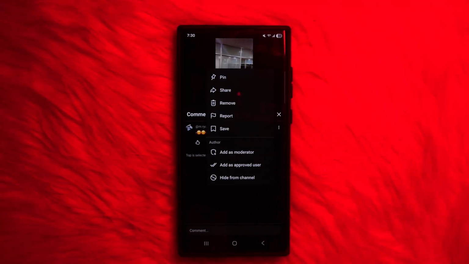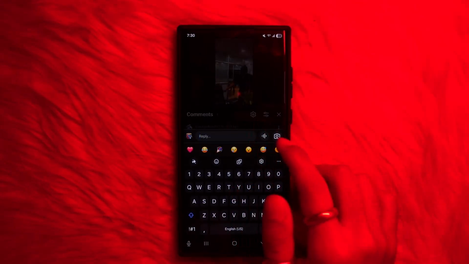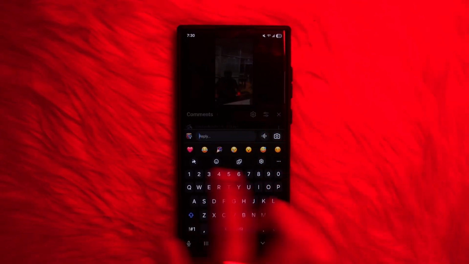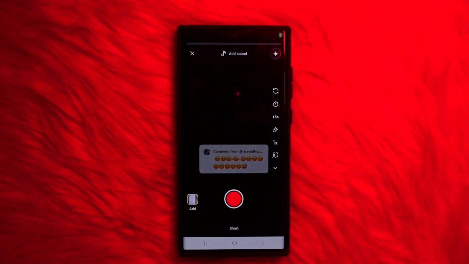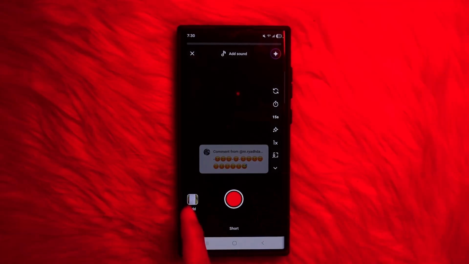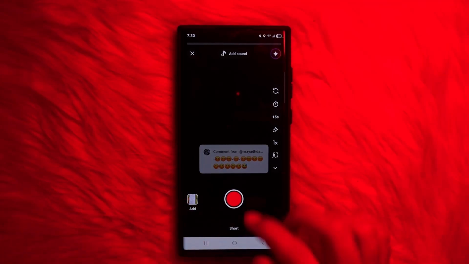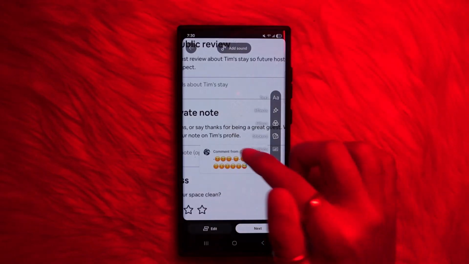From here you should be able to find this reply option, and tap on it, and you should be able to find a camera icon right next to your chat box. Go ahead and tap on this camera icon. Then record your video by tapping on this red button, or just tap on this add option, then add in your pre-recorded video. And once it is done, as you can see, you should be able to use this comment